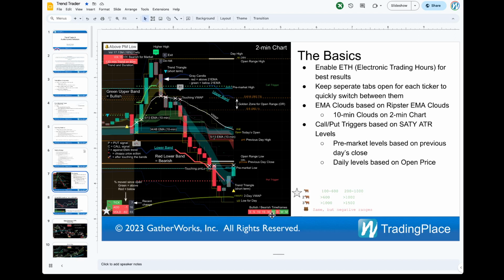Then we have on the higher time frames, and we'll show you on 3-minute, 5-minute, 10-minute, 15, hour, daily, weekly, monthly, whether this ticker is bearish or bullish. And in the latest indicator, it has different variations. So if it's bright, it's very strong. If it's dim red, then it's much weaker. And above it, we also have the super trend indicator for every time frame, and that's really important. So when this upper band is green, that means that super trend is active for calls. When the lower band is red, then super trend is active for puts.